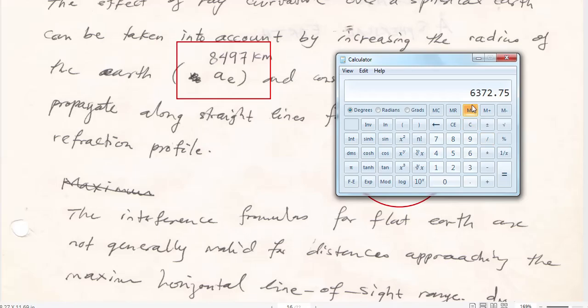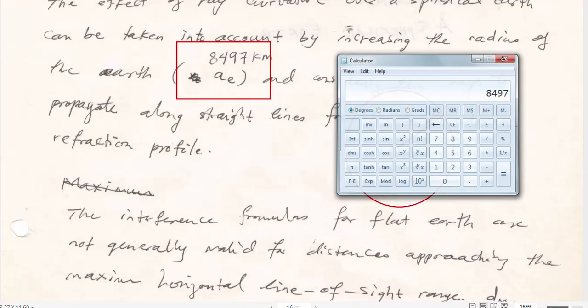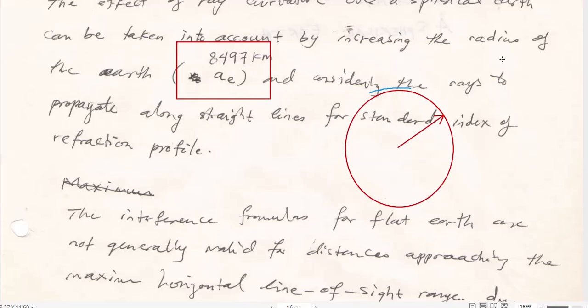Actually, 6,373 kilometers is the actual. If you multiply this by the factor of 4/3, you will obtain this radius. It is 8,497. Therefore, according to this, the effective radius of the earth is 4/3 times the actual radius for